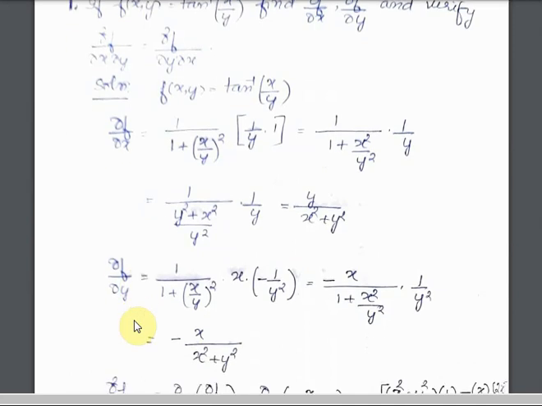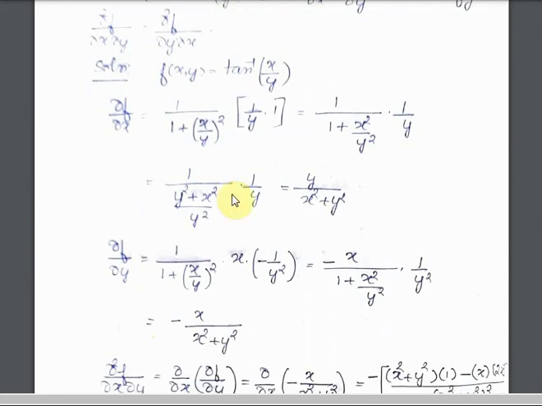Similarly, differentiate f with respect to y. Okay, I am keeping x constant now. Tan inverse becomes 1 by 1 plus (x by y) whole square. x is kept constant and I am differentiating 1 by y, which becomes minus 1 by y square. Both these y square get cancelled, so what is left is minus x by x square plus y square. What am I doing here? We have to take the common denominator, so this becomes x square plus y square, and that y square gets